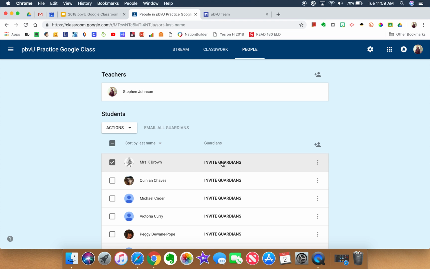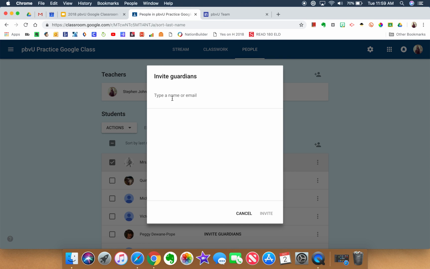Another really cool feature is invite guardians, and you wouldn't want to do this for pbvU, but if you have a classroom of students, if you click on invite guardians, you can type in the guardian's email address, and that person could receive a daily, weekly, or monthly newsletter or update, essentially, of what is being shared within your Google Classroom. The things you're sharing as far as assignments and announcements are concerned, the work that the student is doing,